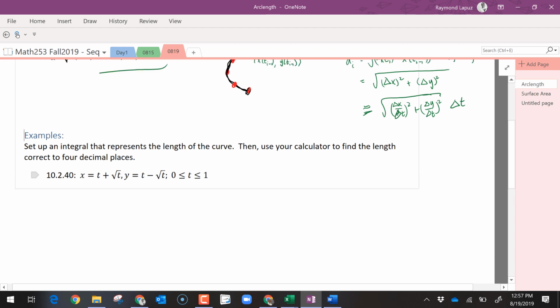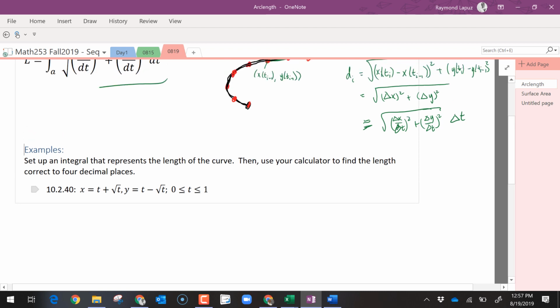It says to set up an integral that represents the length of the curve, and then use your calculator to find the arc length. A lot of times when you're finding arc lengths, because of the square roots and the squares, chances are you're going to get an integrand that's going to be difficult to